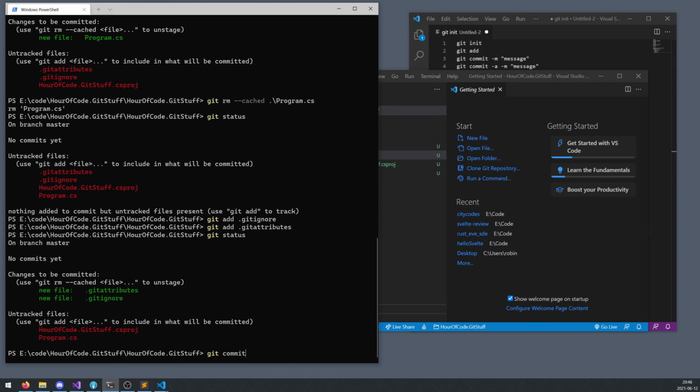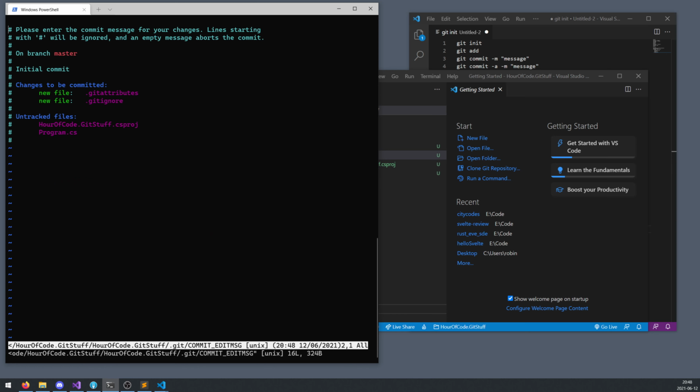Now, I could type git commit like this, and I think it's going to throw me an error if I do. No, actually, it opens up a text editor. And this is where I'm supposed to add my message. And you have to have a message, and a message is 2 parts. The first part is a short summary. So I'm going to say something like, oh, let me say, yeah, added git baseline